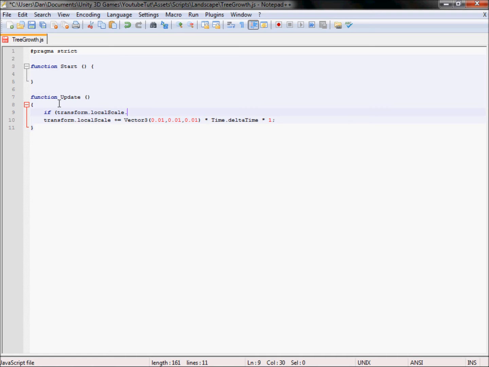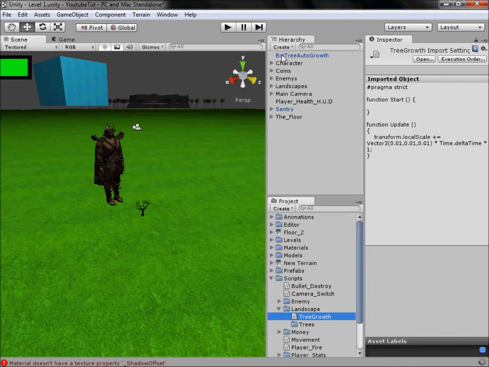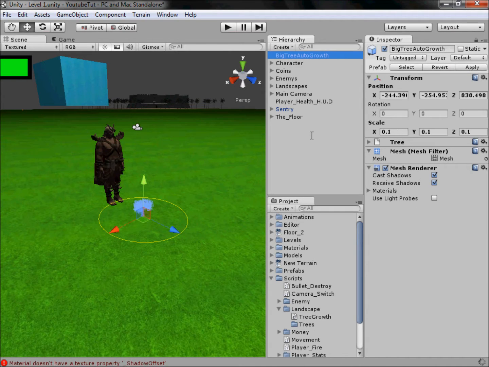So we're just going to get one of them. So if our scale of x is less than, and for this we could say 4. So if we look back at this, there's our big tree and this is 0.1. So if we set it to 4,